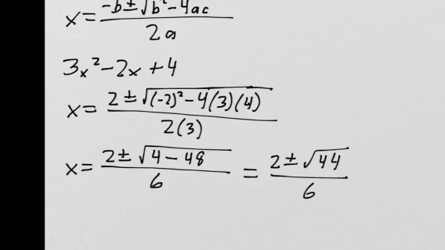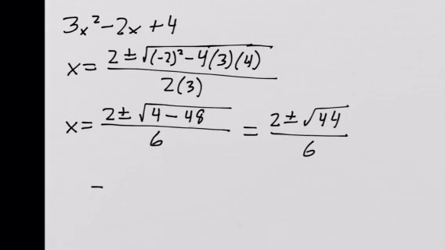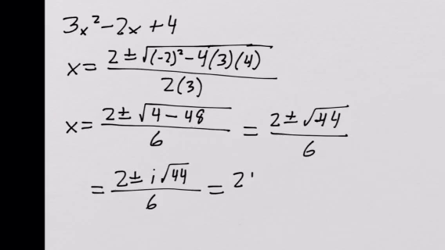And we can simplify the square root of negative 44 to i square root of 44, and then simplify it further to 2i square root of 11